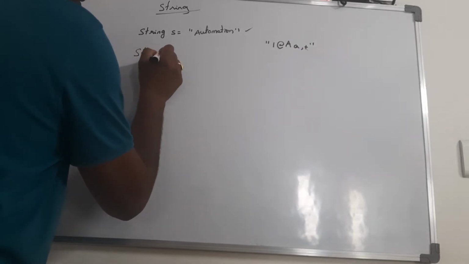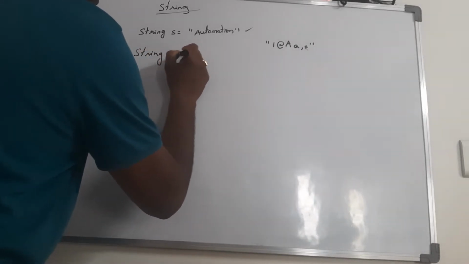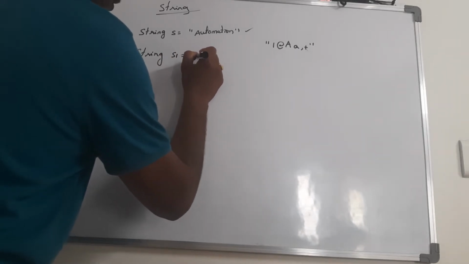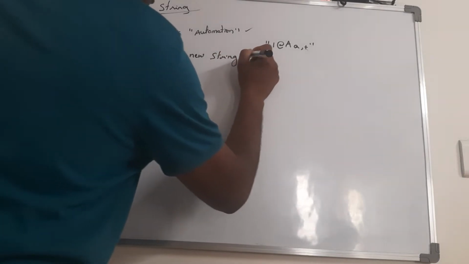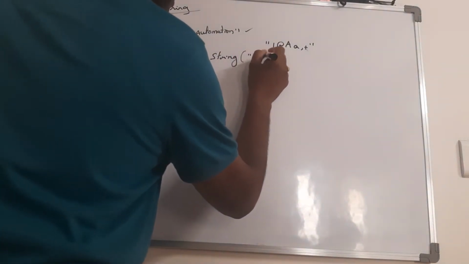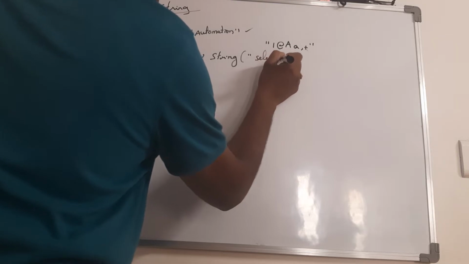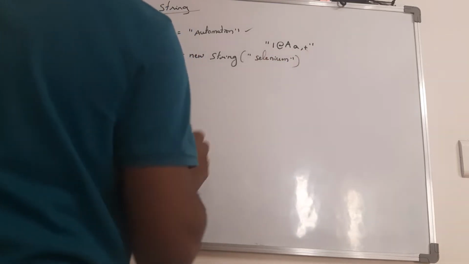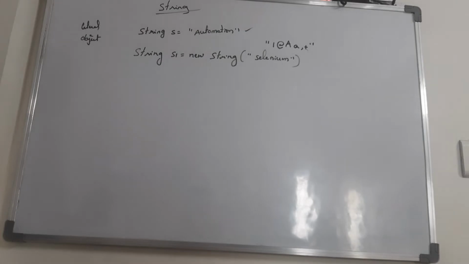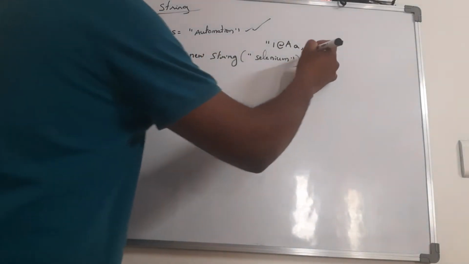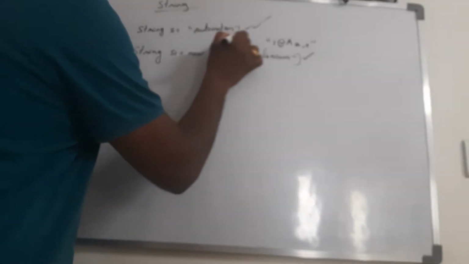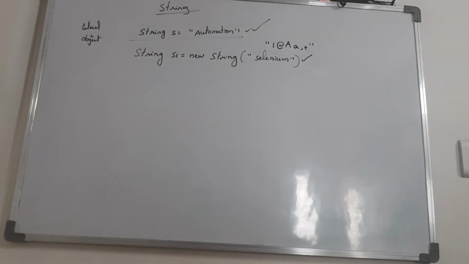And string object: String s1 = new String("selenium"). So in two ways we can create the string. One is a string literal, another one is a string object. So now tell me, when I create a string literal,